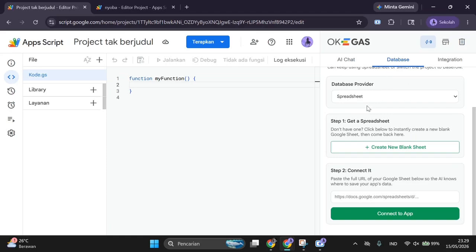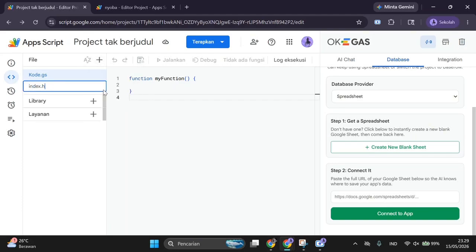As soon as the editor loads up, you'll notice a brand new modern sidebar right there. You'll see integration menus for things like AI features, database, and other Google services. For this project, our primary focus is going to be database integration, which is going to serve as the core engine powering our entire dashboard system.